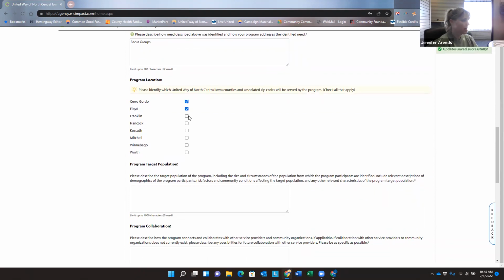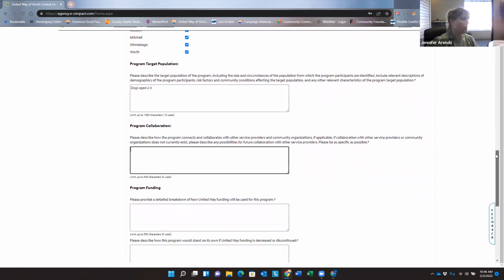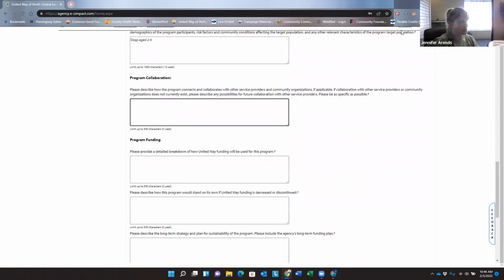Identify all the counties that your program serves people in. You don't have to serve all 8 counties, but wherever the program provides services is where you'll want to highlight. If your target population is, you know, dogs aged 2 to 5, that's where you want to enter that. If you're working with any other organization,